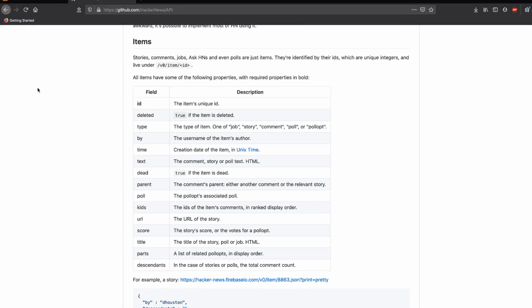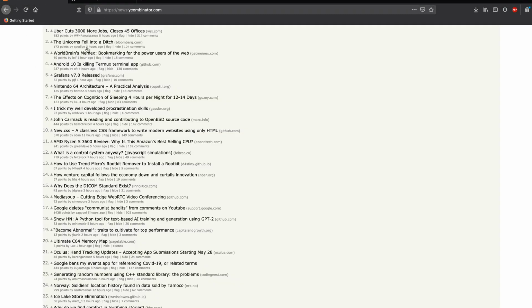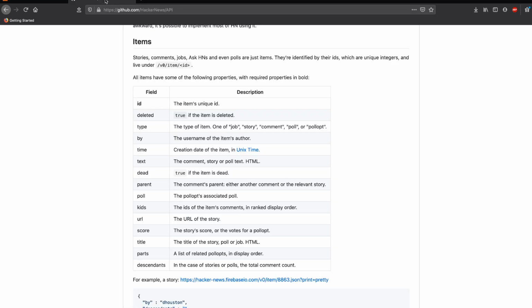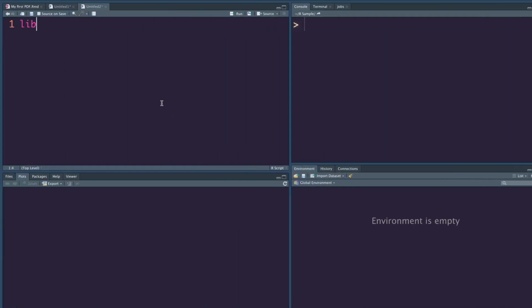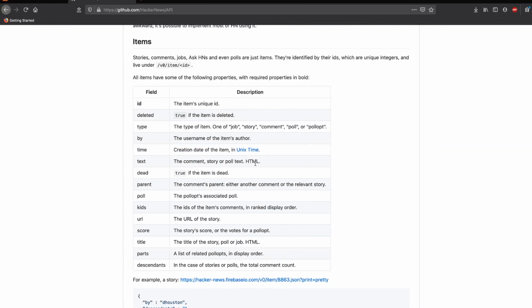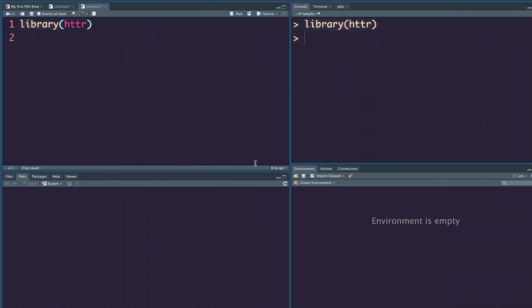What we are going to do in this video is take the top 10 or top 20 news without going to this website, just purely by using the API. For that, we are going to use a package called httr, which is most likely available as part of your tidyverse. Whenever we fetch data from this API, we are going to sometimes get JSON. In that case, if we want to process JSON, we might need jsonlite. I'm not sure whether we will need it, but in case we do, we'll use jsonlite.